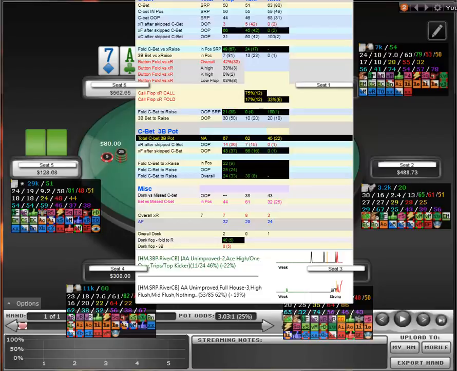Same with the c-bet. These c-bet stats from out of position are averages versus everyone's tendencies on all board textures, on all turn cards, on all river cards mashed together. So it gives you an average